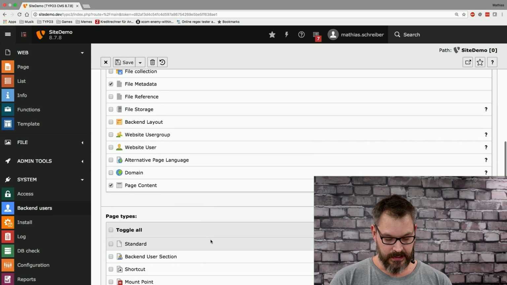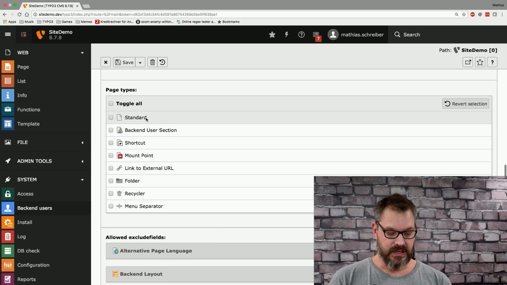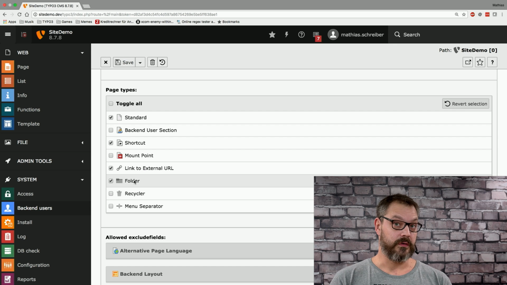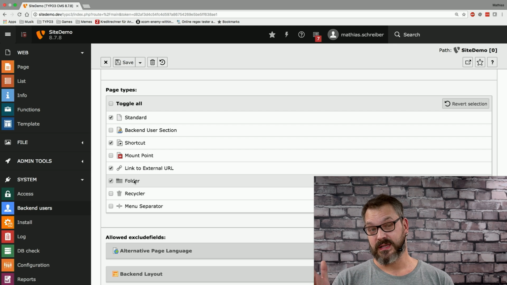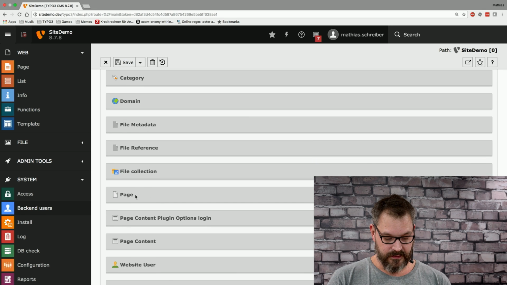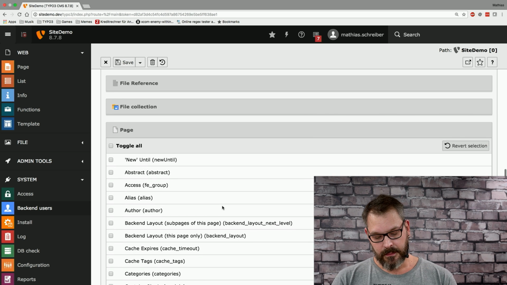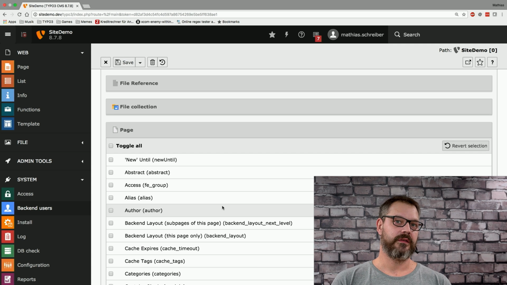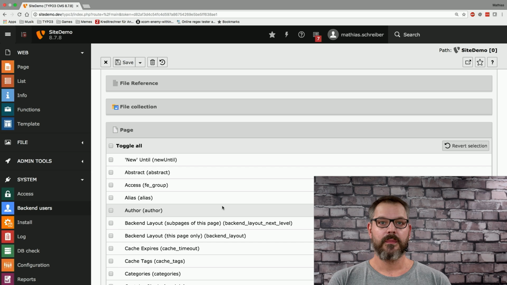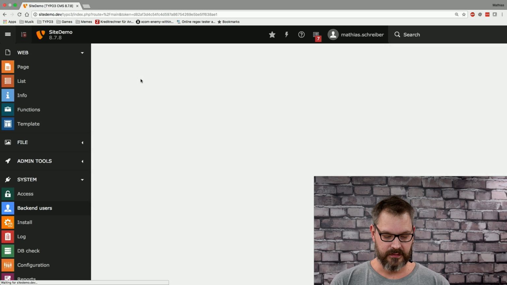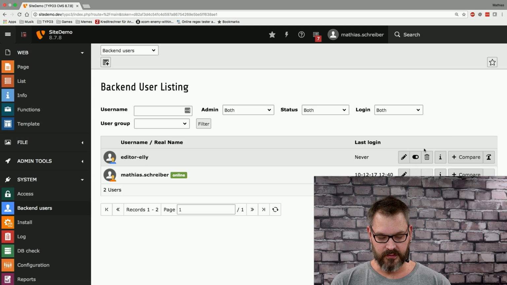So next up, we can see the page types editor Allie is allowed to create. So we want standard pages, shortcuts, links to external URLs, and folders, because the less an editor sees, the less confusing things get. And on the next tab, we have a couple of fields, because in Typo3, we can define each field access for an editor. So we'll just leave it as it is. So the editor gets the most basic fields to work with. And if we save and close this, and then again, move over to becoming editor Allie,